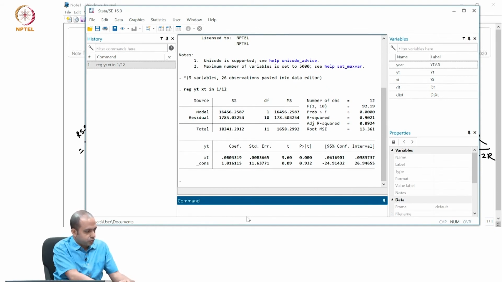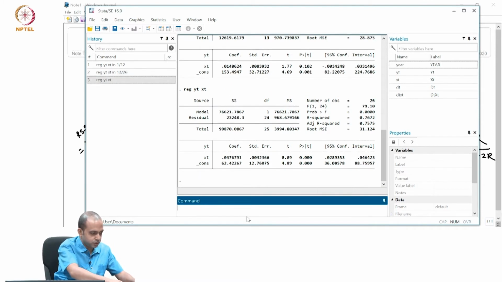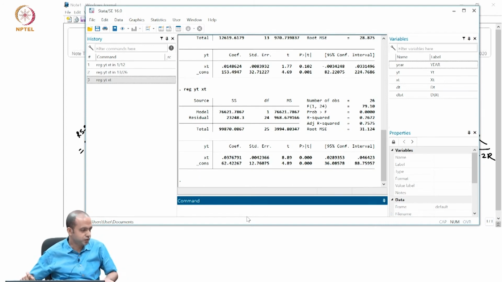And the second regression is reg yt xt in 13/26. Okay. Put enter, and then another for the entire period, yt xt. Okay. So, now you have to collect the RSS from all these models and calculate the